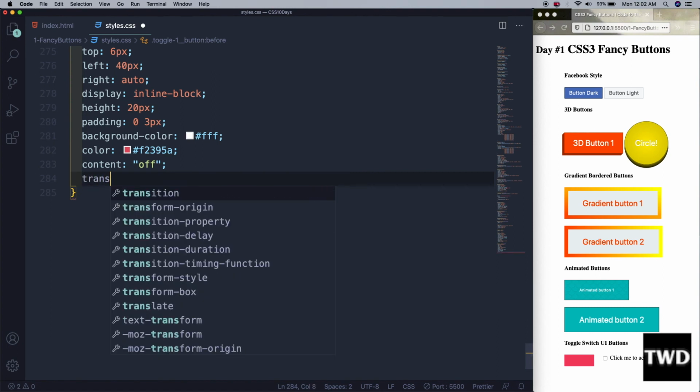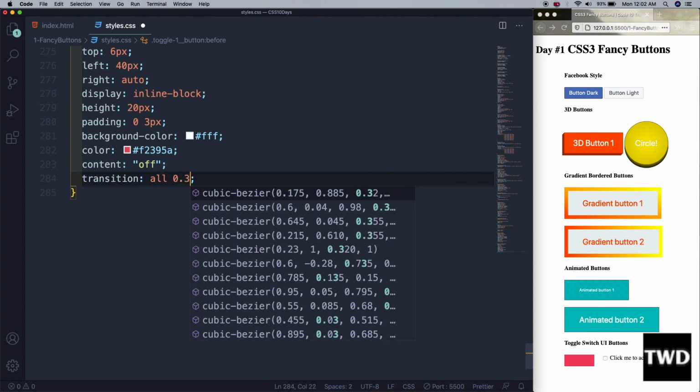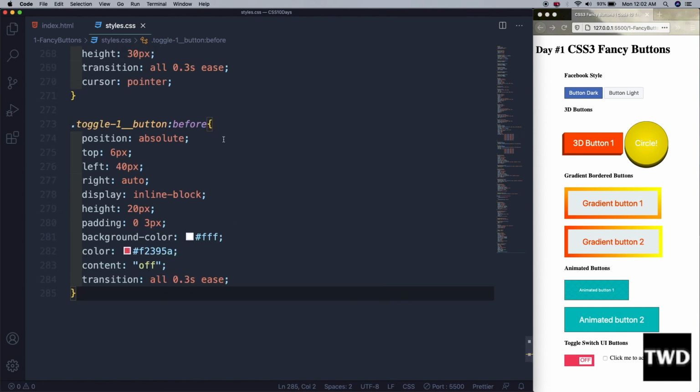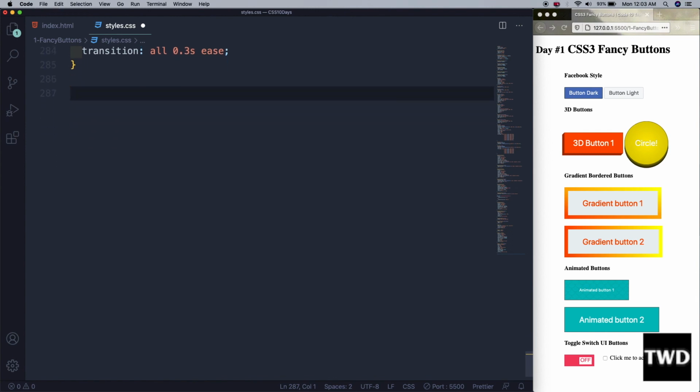Transition will be all 0.3 seconds. So we keep transition so that it is a smooth thing for this animation. And so see, now it is taking shape. See, so this inside thing is being shown by this before element. Okay, so after that, let me first make some space, then dot